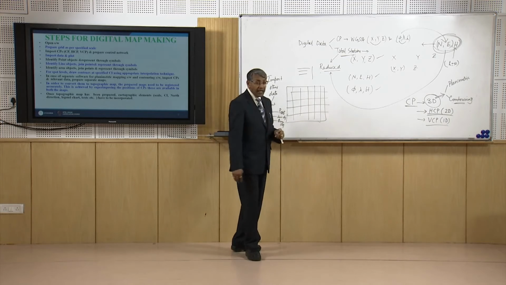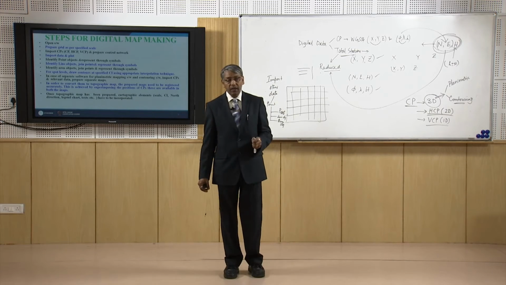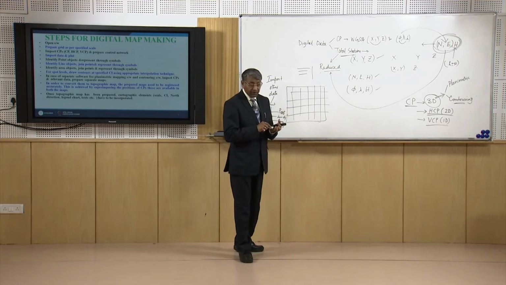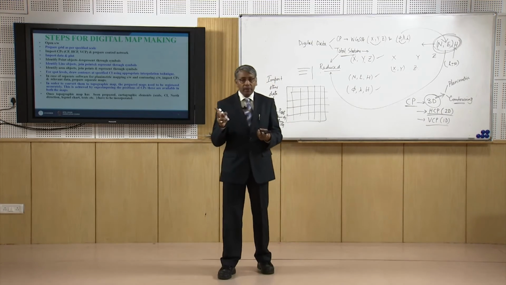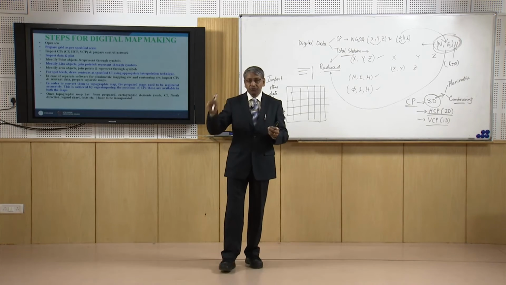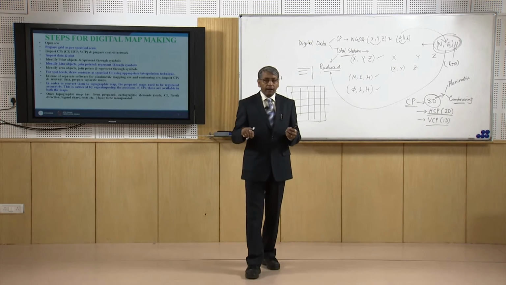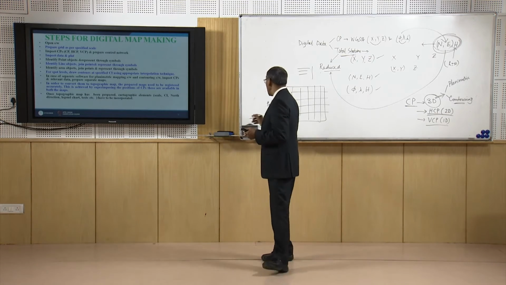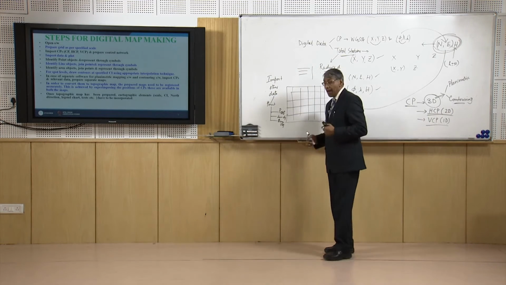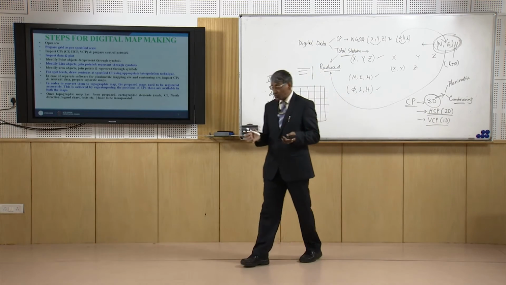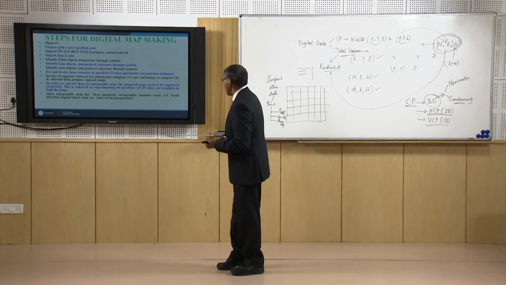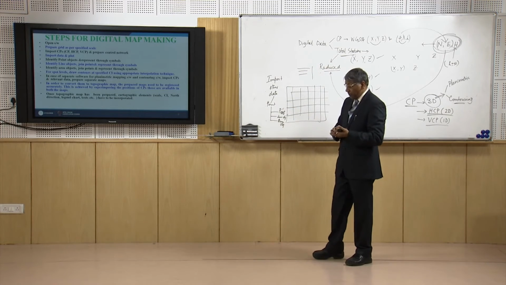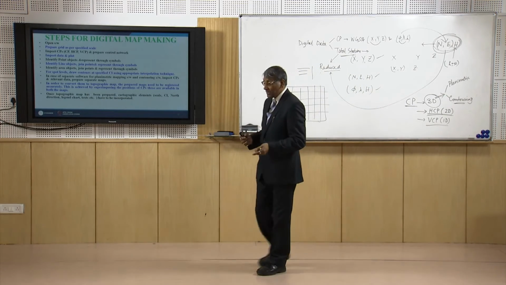Further, for the area objects, we again have to identify and locate the points which represent an area. Through a closed line we have to join all those points, and the appropriate symbol for that area has to be used. In that way we can plot the planimetric position of the different types of objects that are present on the field.